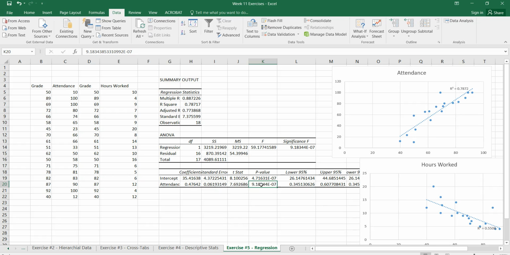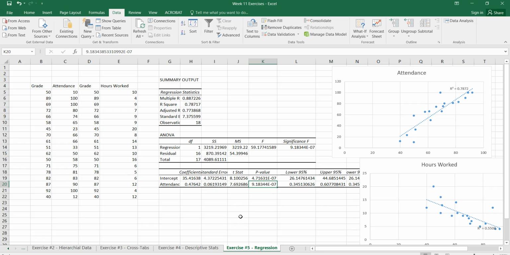I'm only looking at a sample size of about 17 people here, or 18 observations. So I need to know that that is statistically significant. And here we've got a p-value that's very, very close to 0. So that means that it is statistically significant. So we have a pretty good confidence, a 95% level of confidence that this is an accurate measure